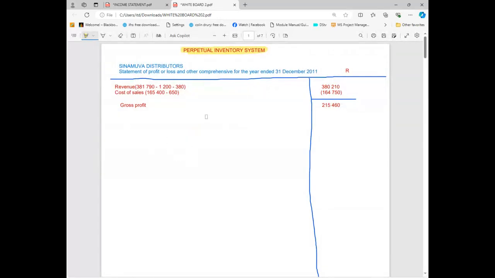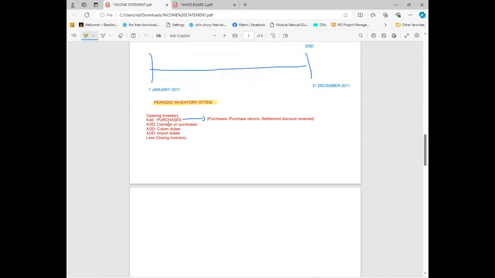Okay, I see. But now this one is perpetual, not periodic. That's why you don't have to worry about the whole calculation, the formula. We are just given the cost of sales, but remember we still have to minus the settlement discount received. Even here, the settlement discount received is deducted from the purchases. Can you see now? Instead of directly from the cost